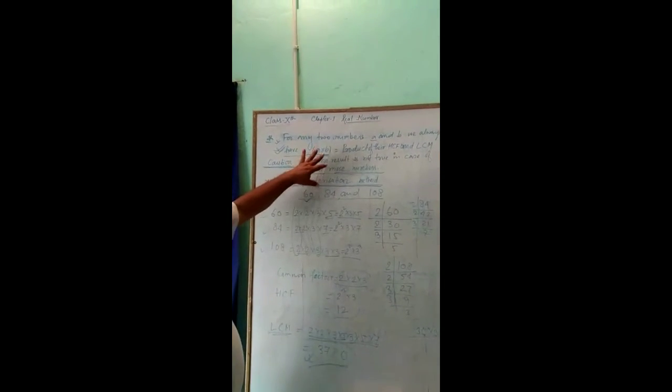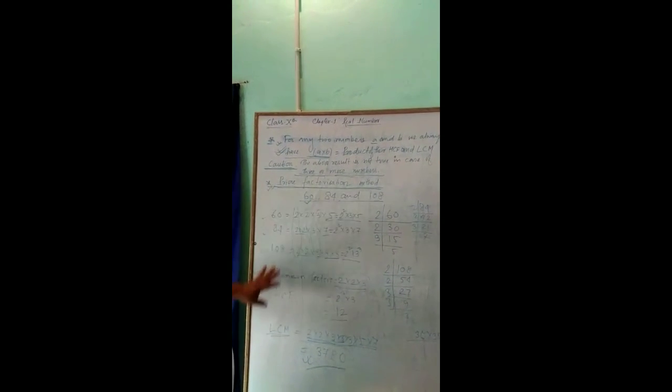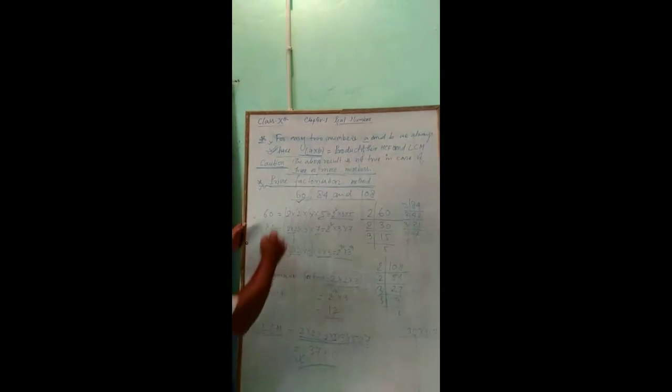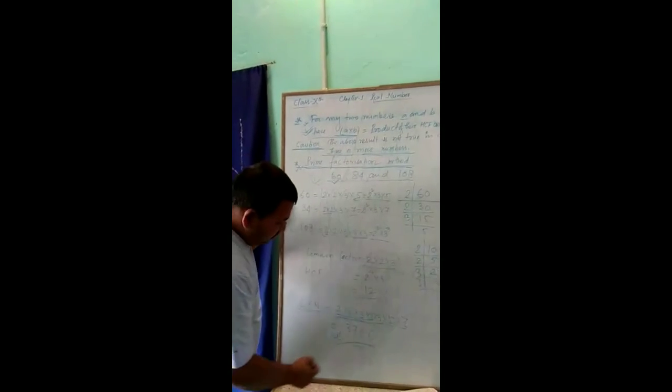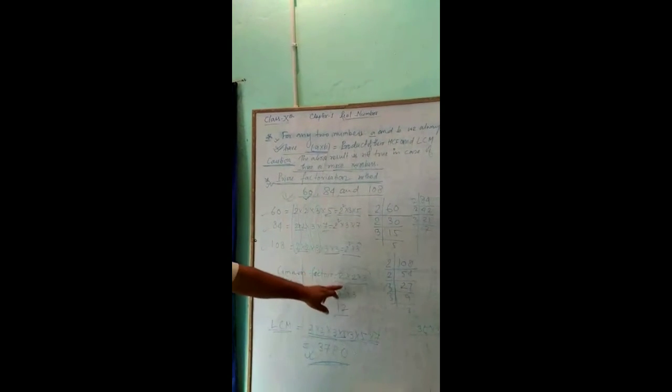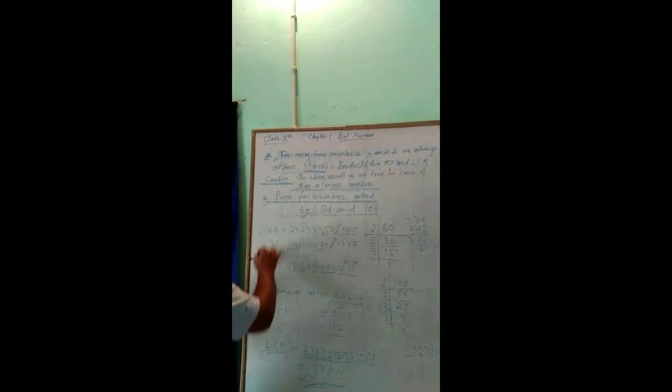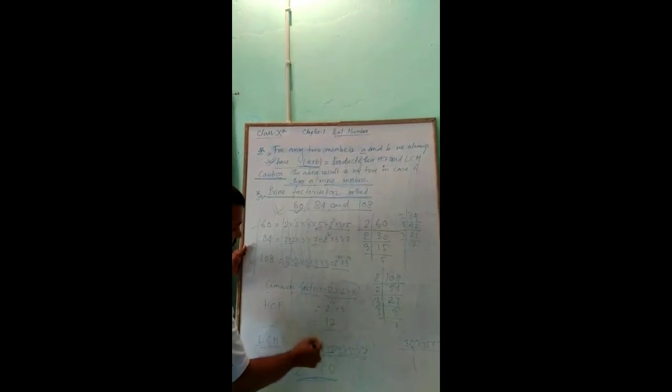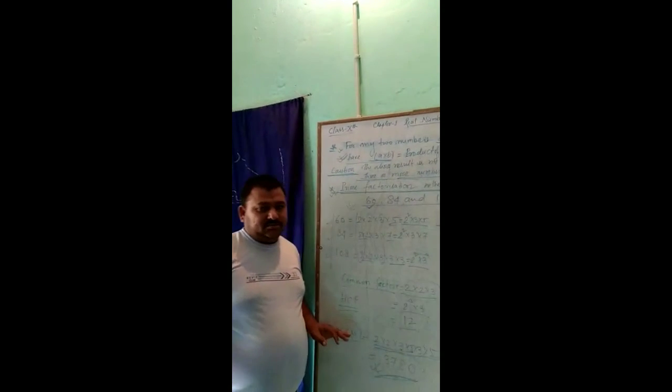By this process we can find the LCM and HCF of any 3 or more given numbers. We write the common factors and the rest, and after multiplying all of them we get the LCM. If we write only the common factors of all the numbers, we get the HCF. Okay, it is clear. Thank you.